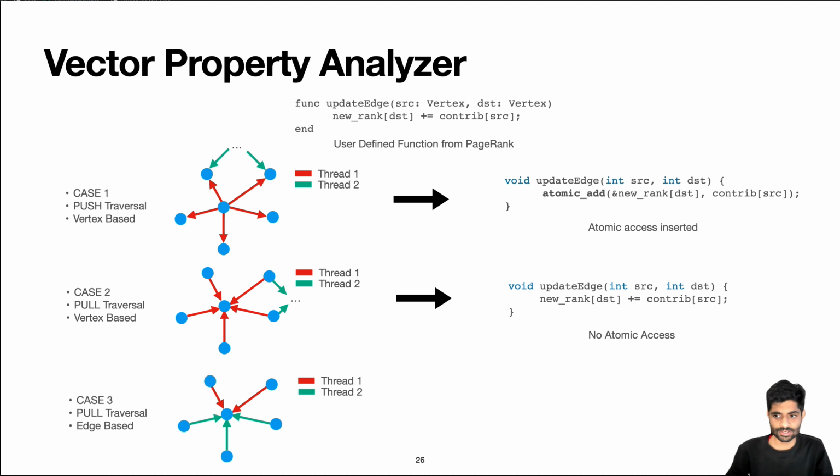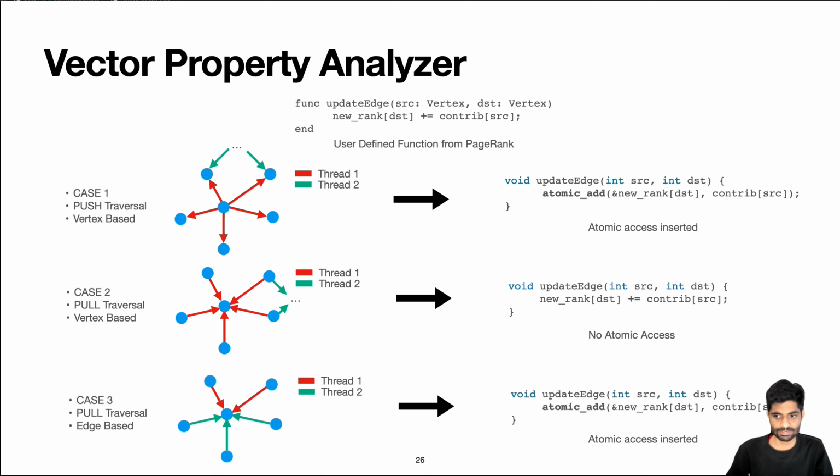Finally, in the third case, we look at an edge-based traversal where the edges from a single vertex are mapped to multiple threads. Again, the pass inserts atomics here because it determines that multiple threads can update the same value in parallel. This pass is an example of a traditional compiler pass adapted to the graph domain, but is implemented